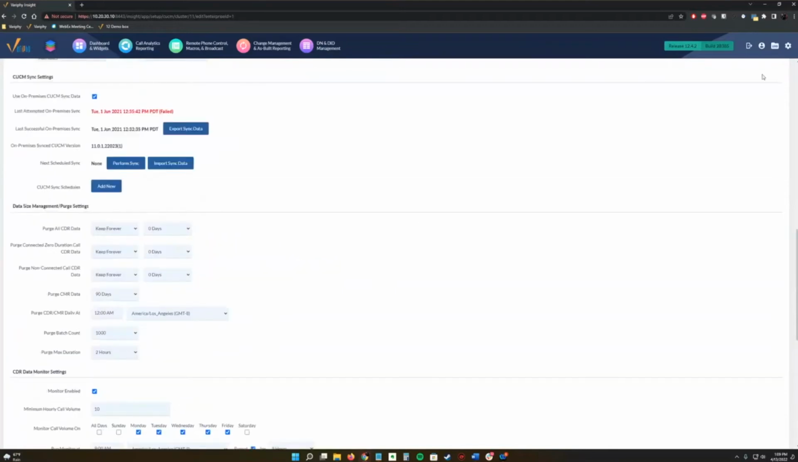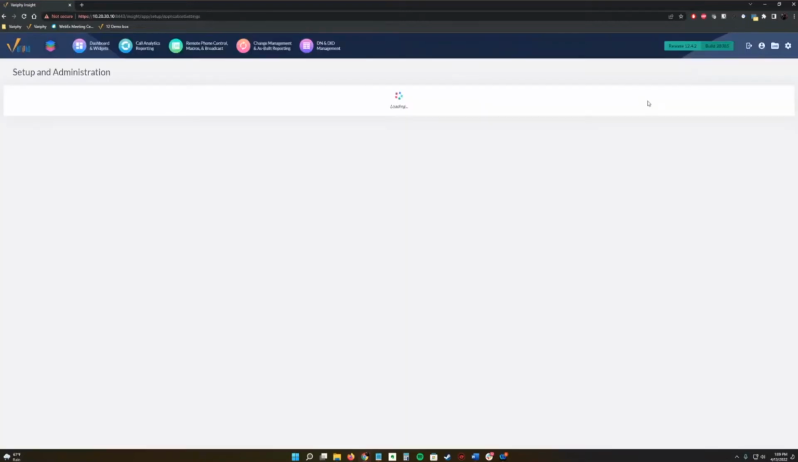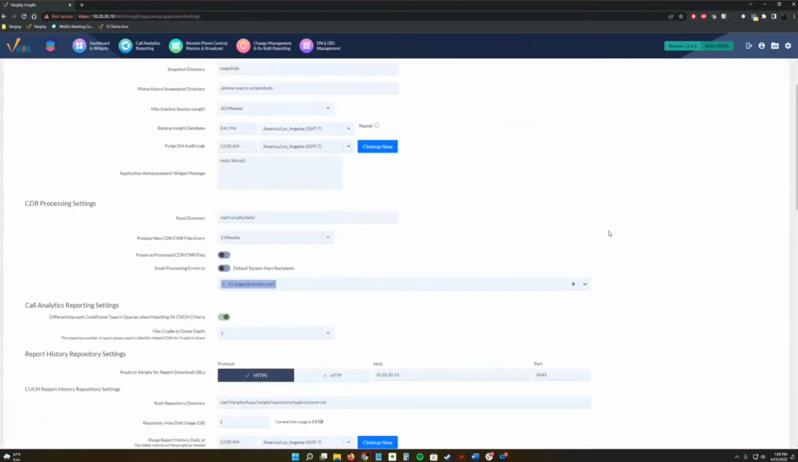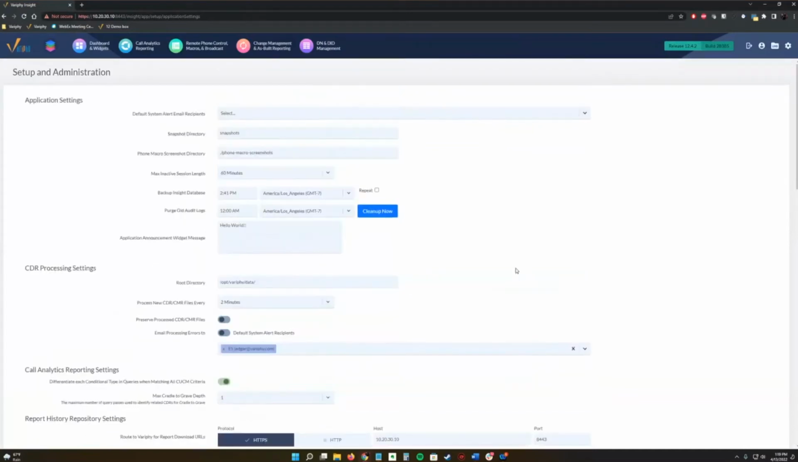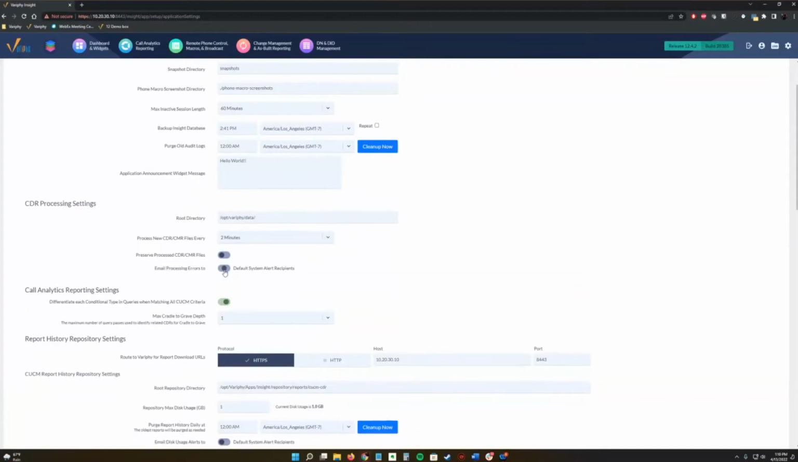What we're going to go to now is, if we go back up to that gear icon on the top right and go to application settings, there are a couple more alerts that we can set up here. So here's the top. If we scroll down just under CDR processing settings, you're going to see your root directory, the main folder where CDRs are going into, your processing time, things like that. But down here we have email processing errors too. If we click that on,